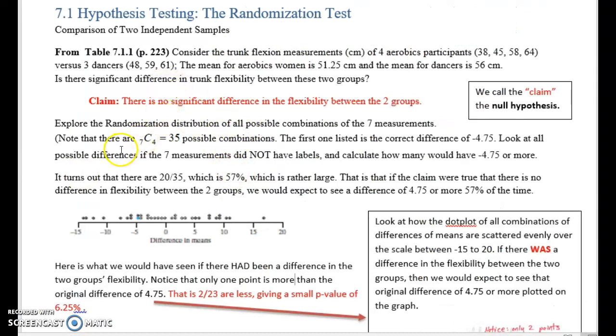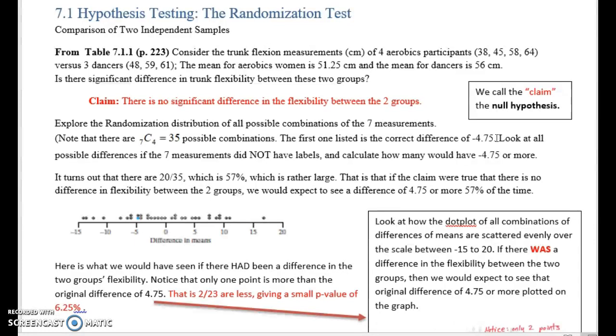If you notice, there are going to be a total of 35 possible combinations if we have 7 data items and we either pick the first group to be 4, or it is equivalent if we did 7 choose 3 as well. So again, the first line is listed as the correct true difference in our sample, which is negative 4.75. We want to know, is that measurement significant, or is it maybe just due to random chance that it's a